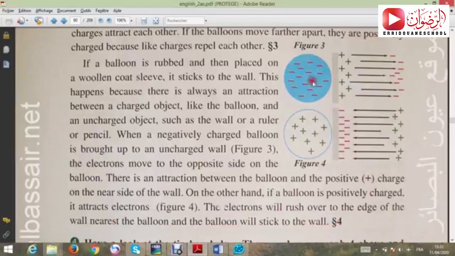As you see here, the balloon is positively charged. When we put it on the wall or a ruler or something neutral, not charged, they attract. If it is positive, they attract just the negative. And positive charge and negative charge, of course, attract each other. Okay, here we have